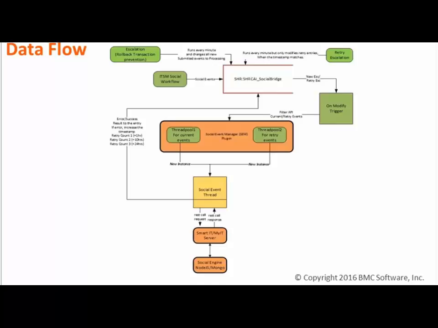Now, once an event comes in, it is sent into the social event thread, which is the thread instance that we create, and the process happens where we send a REST call to the SmartIT server, we get a response back, and we update the entry depending on the success or the failure. Now, success, you're good, everything is fine, we'll delete it after 24 hours. But if it's a failure,